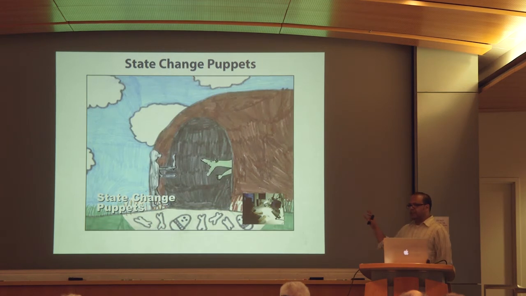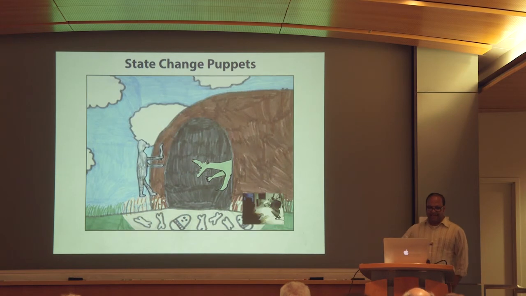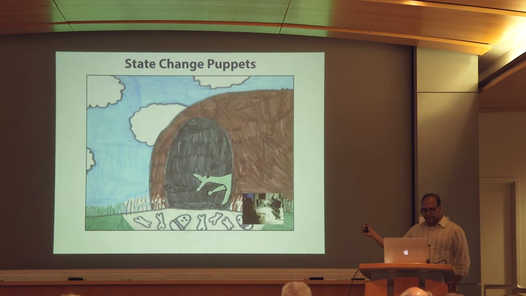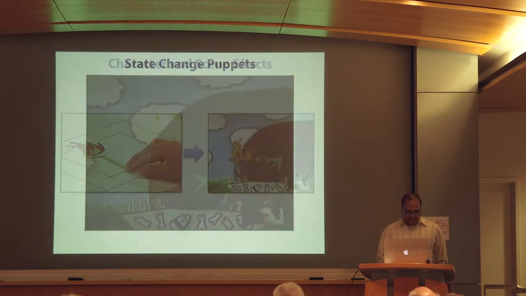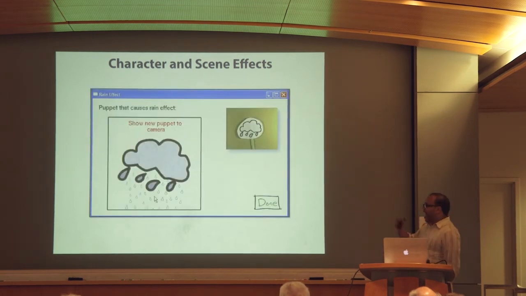Okay, here's an animation that was created by an 11-year-old user. He did all of the work to make this happen. And notice that fire special effect, which burns the knight who then gets eaten by the dinosaur. Invoking the fire required an additional bit of interface to attach this fire puppet to the pre-built fire effect. Okay? So once again, we're adding a bit of complexity to our interface, and there's a trade-off here. And you know, it's a very simple piece of interface, but nevertheless, you need to use something like this.